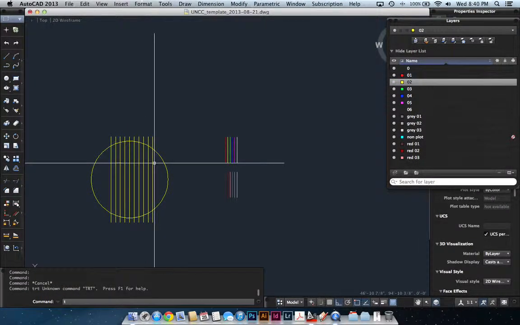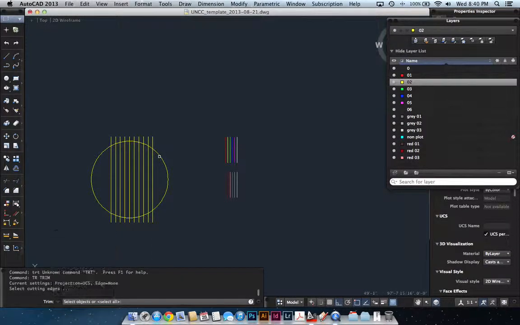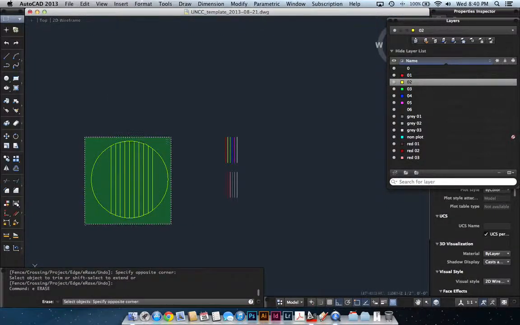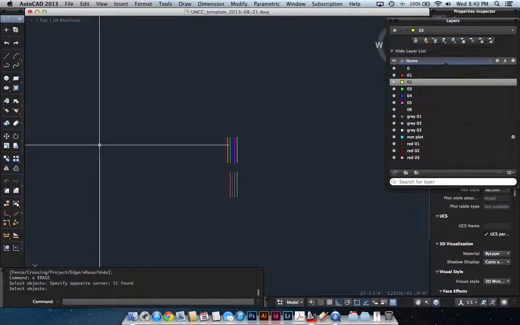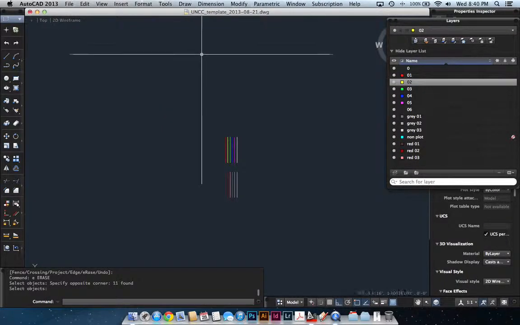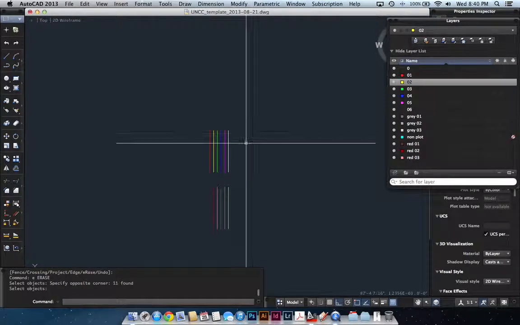And I can now type in trim, select my cutting edge. Again, that's how I arrived at that edge from an array. So the difference between the hatch and the array is actually a smart object, and if you need to manipulate it further or trim it or create a shape, you actually have to explode it. So those tools sort of run through our condition of the actual sequence that came up this week for general